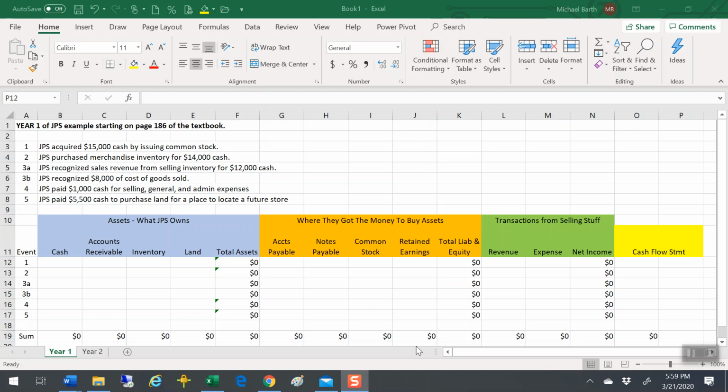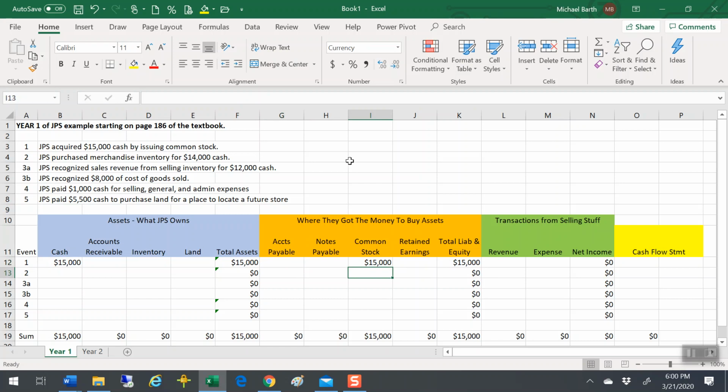So let's go through this first example. This starts at page 186 of the textbook. It's JPS, and they recorded 6 transactions, although they numbered them funny. Let's go through here and see. This is the company starting business. They acquired $15,000 of cash by issuing common stock. So cash, $15,000, because they sold shares of stock to somebody who traded them $15,000 cash